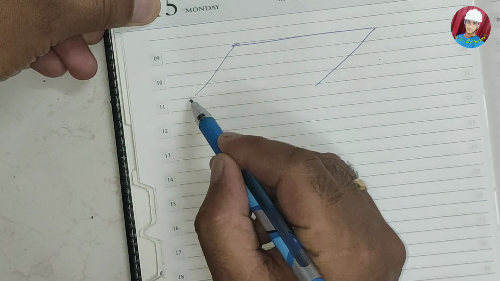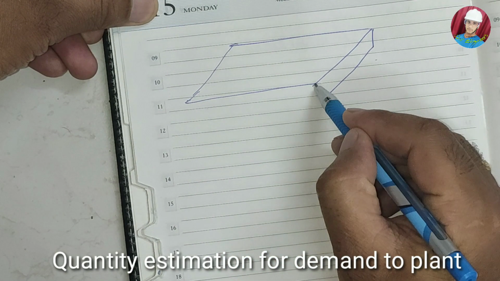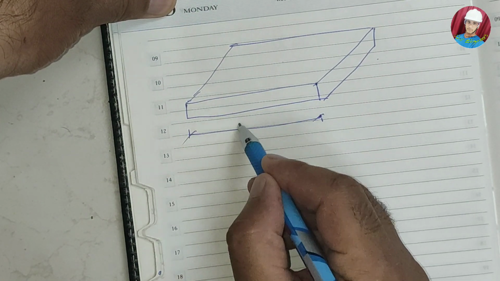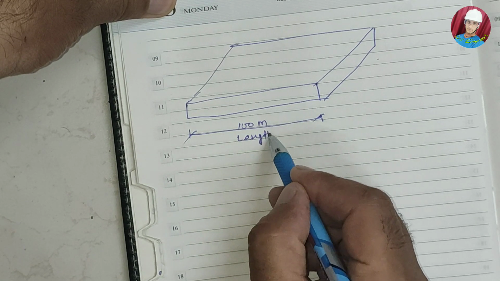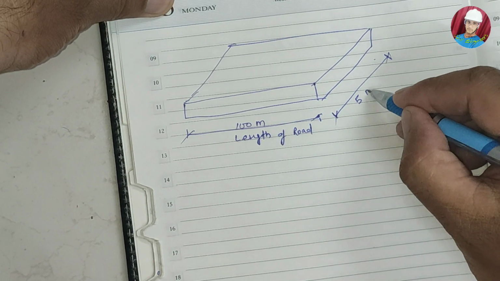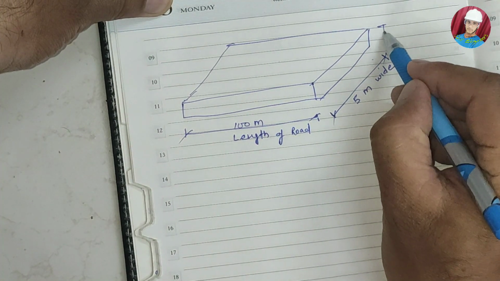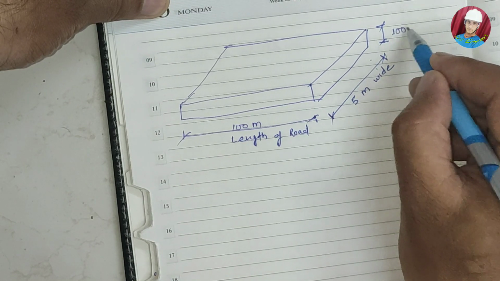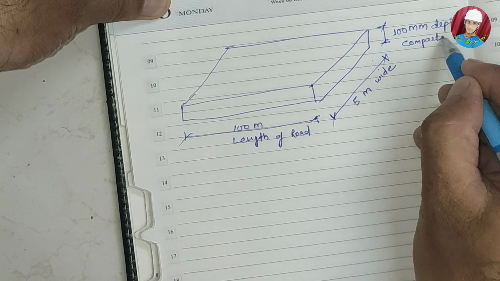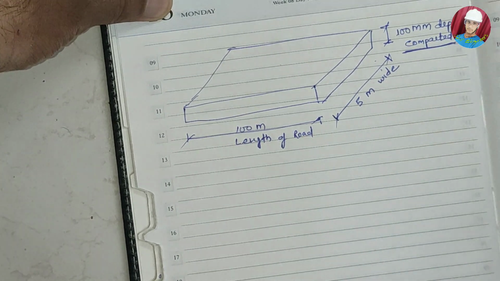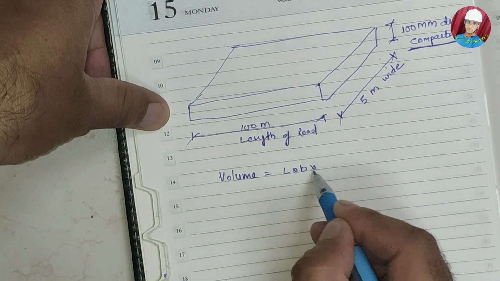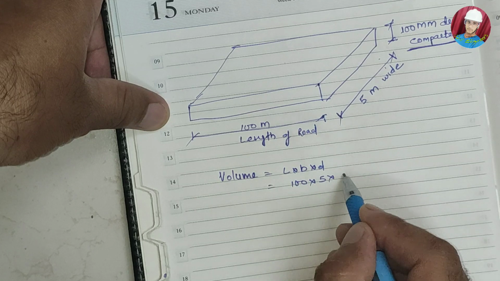For everyday work, the quantity required of the mix from the plant has to be estimated very carefully. It will give you the smooth functioning of plant and its production. So let us assume that the patch which we have to lay today has a length of 100 meter, width is 5 meter, and the thickness of the bed is 100 mm, it is 0.1 meter, and it is compacted. So the volume will be length into width into depth, so directly it will be